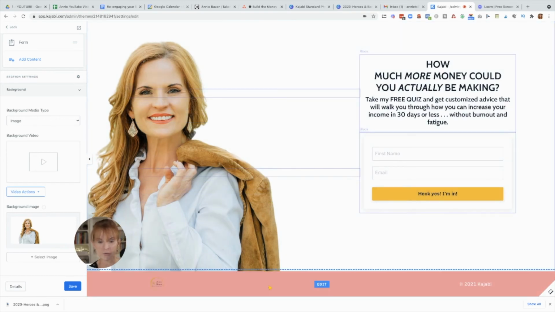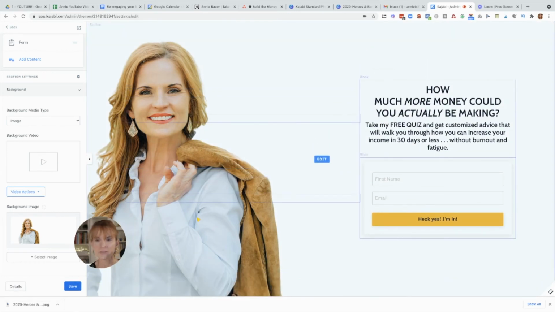On your footer, you can either have no footer at all, or what I recommend is to put just your privacy policy or your terms and conditions, to let people know, if they want to go down there and click on the fine print. It doesn't really take them anywhere. They would just come right back to this landing page, but it's always a good idea to have your terms and conditions and privacy policy on every page that you build. So you would connect those through here. So we'll save this right here.